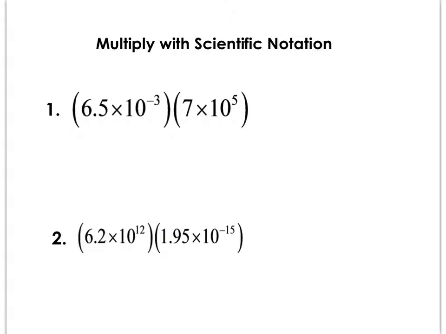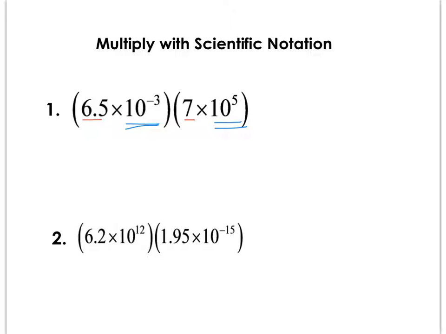Now let's do a little practice of multiplying with scientific notation. So I'm going to look at number 1, and I'm going to break this down because this will be so much easier if I break it down and look at this in 2 different parts. So I have 6.5 times 7, and then I have my 10 to the negative third and 10 to the 5th. Now if you recall from monomials, when we multiply exponents with the same base, we really add the exponents. And here we have the same base, 10 and 10. So I'm going to multiply 6.5 times 7,